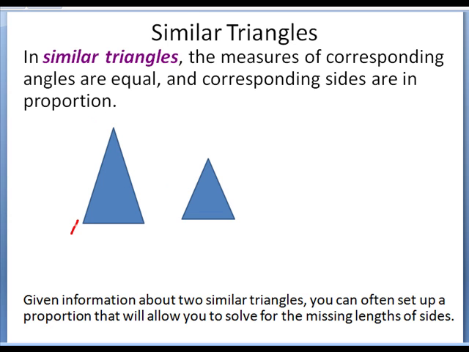Right here, I call the angles A, B, C. So this triangle is called triangle ABC. And look at this triangle and name this D, E, and F. So now in similar triangles, the lengths of the corresponding sides are proportional. So what do we mean by this? If you look at this side here, AC